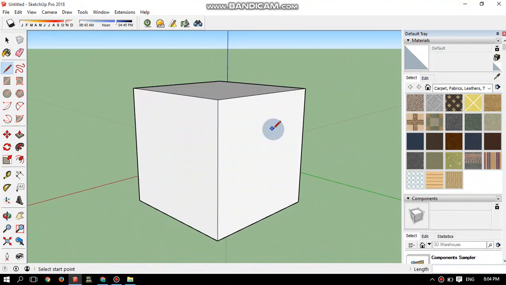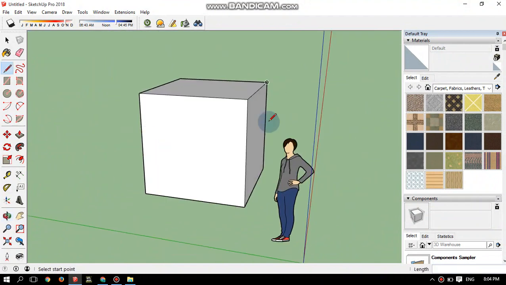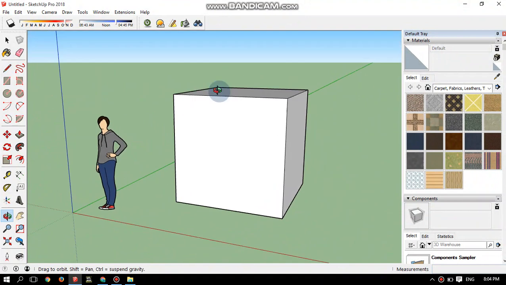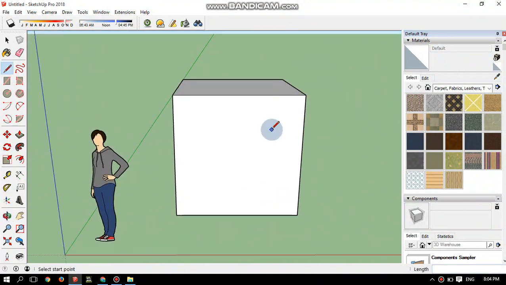As you can see, we have completed a rectangular box, that is a cube. Now let's use different tools on the same box.